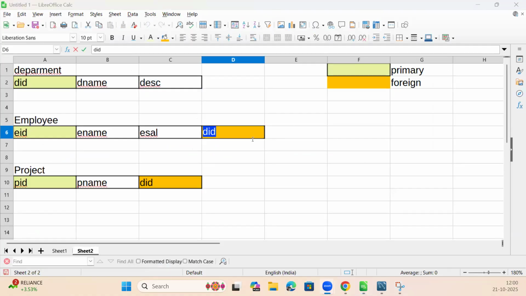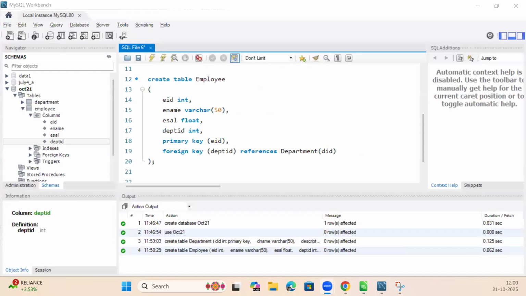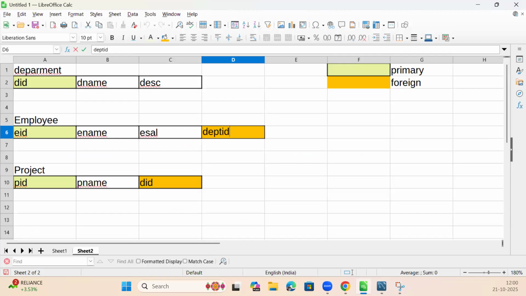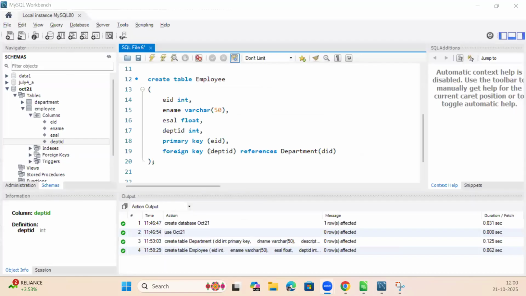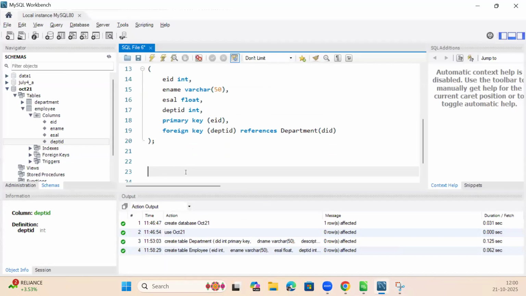Basically, here instead of DID, I'm going to keep it as DEPT ID. Okay, this is done. The next one is what? Project table, no? PID, PName, DID. So that one you can write create table project,